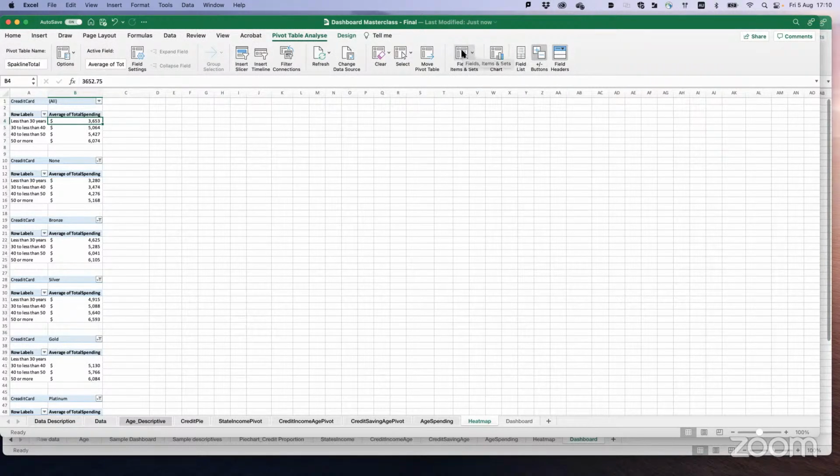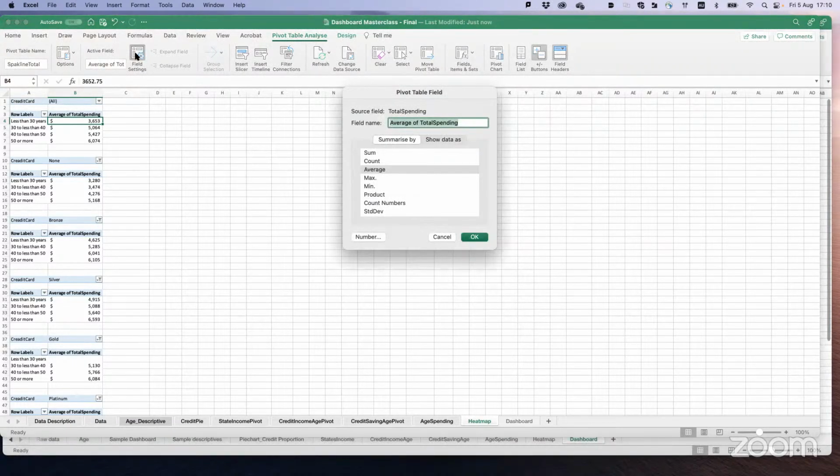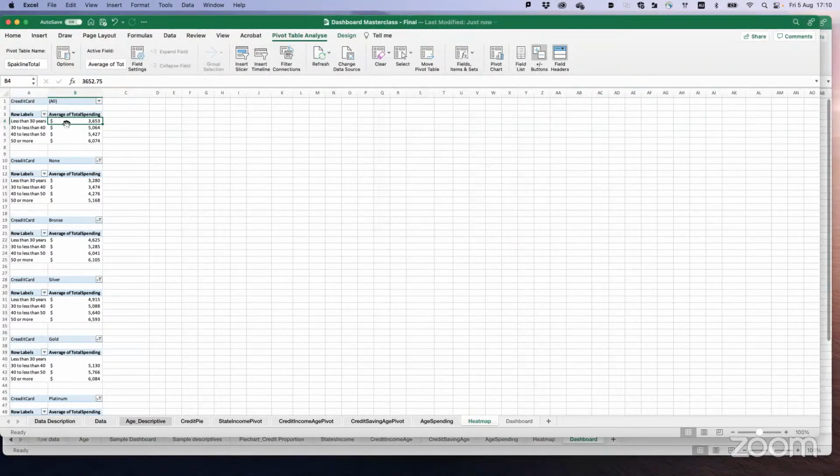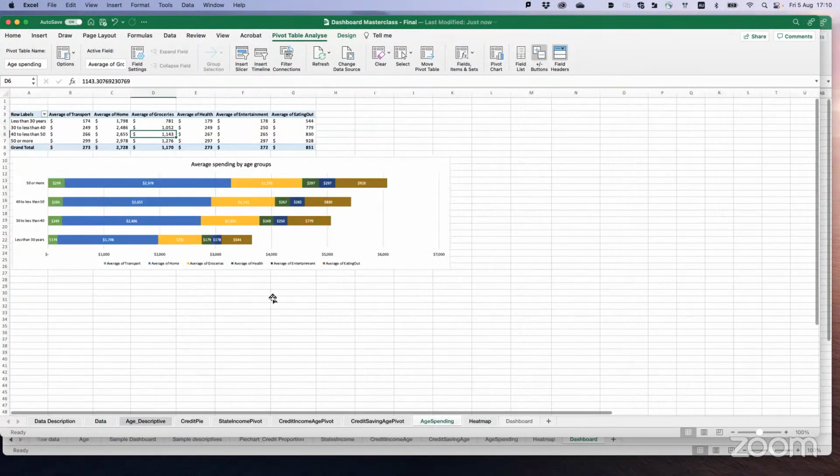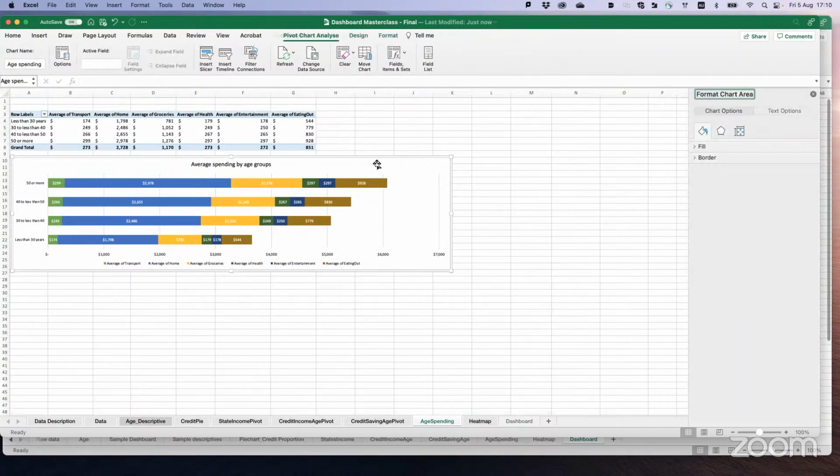Here's the thing. It is not opening the right hand side. Sorry guys, I lost the right hand side. It's not bringing it.